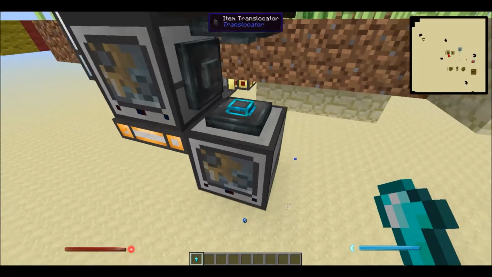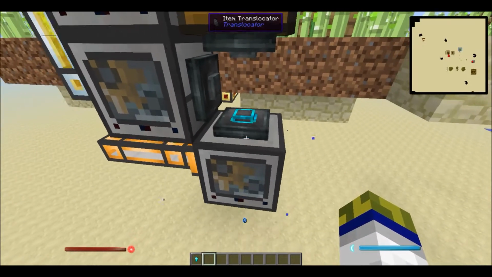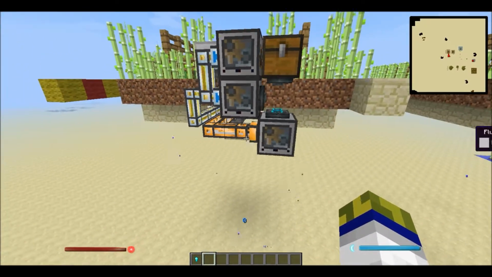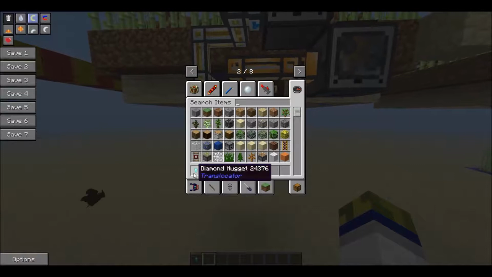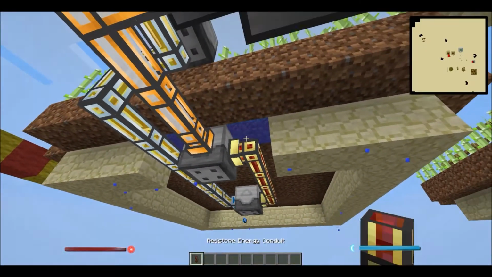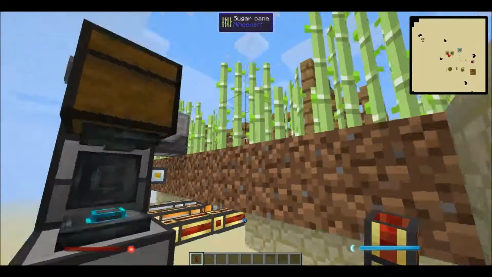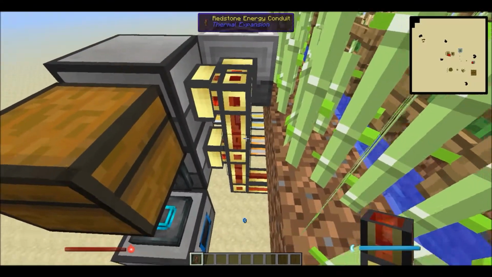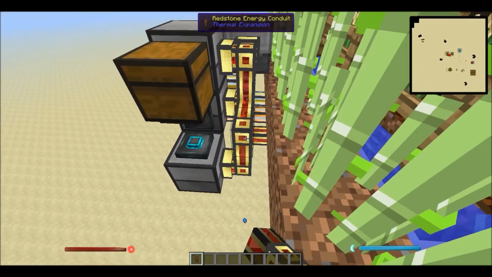Or translocator. Yeah. Translocator node, whatever you want to call it, onto the translocator. Run the redstone energy conduit like this,